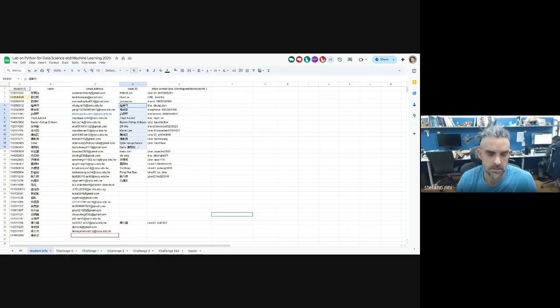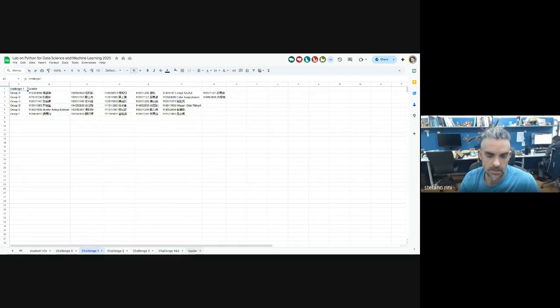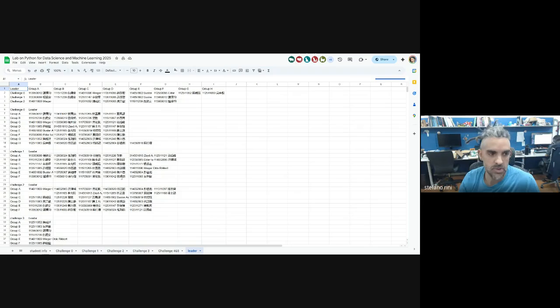And then, of course, same thing for the data. And then for each challenge, there is the group number. And then you have the people in the team. You see that the teams were usually 4 people. And then there was a mention of who was the leader in which challenge, but that's something we'll discuss later on.